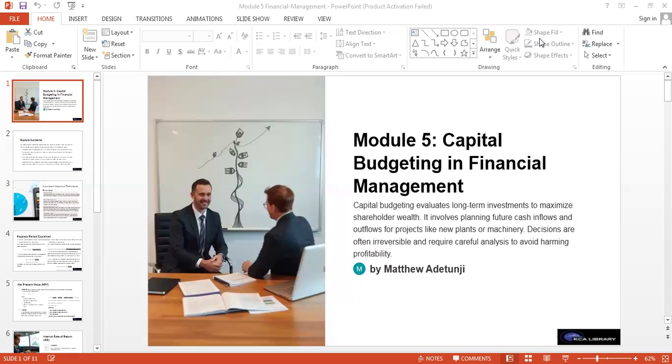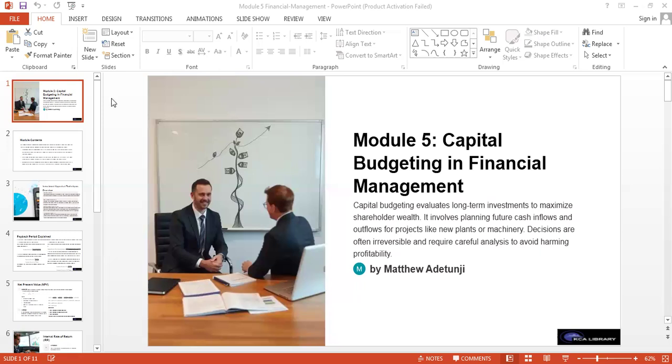In the process whereby there is a need for investment in the future, in maybe the likes of new plants or machineries, there are decisions to be made in order to look in depth into whether the project will be profitable or not, so that every necessary thing will be done to indeed have a profit on the investment that is to be done. And that is what capital budgeting is all about.